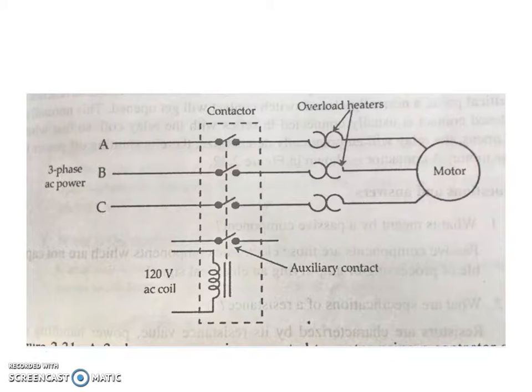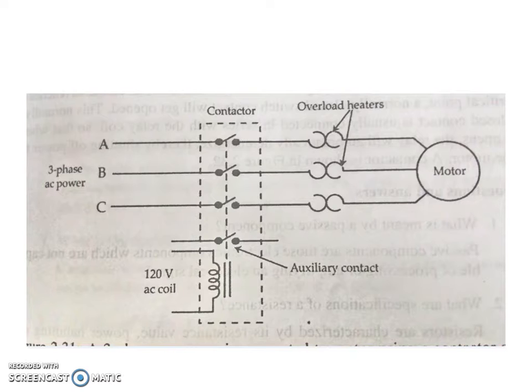The top three contacts switch the respective phases of the incoming three-phase AC power, typically 410 volts, for motors of 1 horsepower or greater. The lowest contact is an auxiliary contact, which has a current rating much lower than that of the large motor power contacts, and is actuated by the same armature as the power contacts.